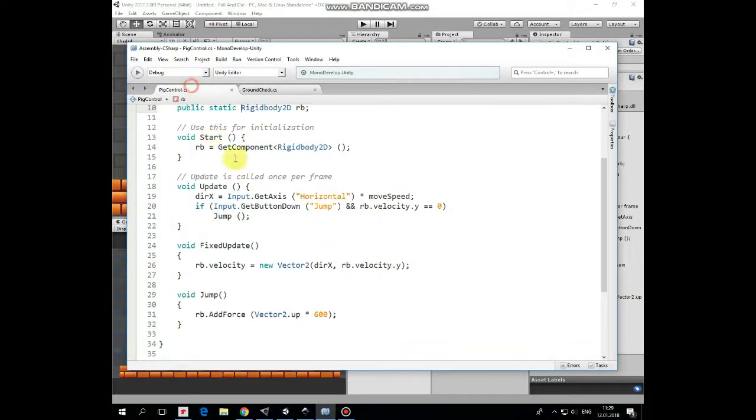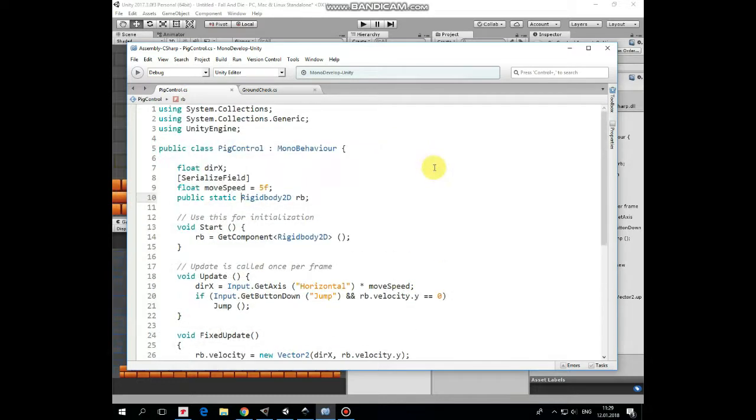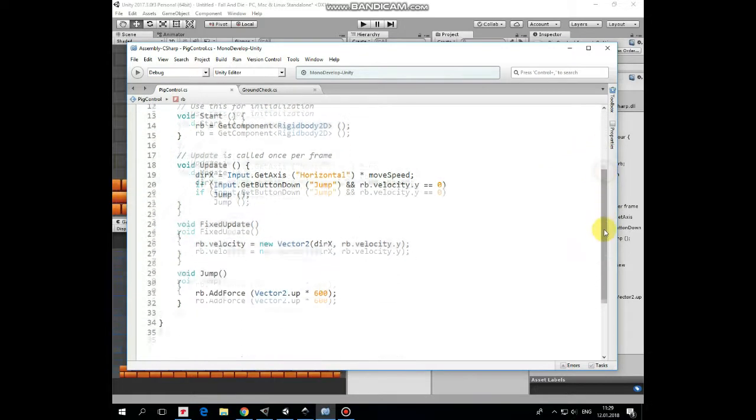Here it is. First, here is the directionX variable that is responsible for move direction. Then the moveSpeed variable goes, that can be set in the inspector. And a public static Rigidbody 2D variable that is accessible from other scripts. In the Start method we get the Rigidbody 2D component. Then in the Update method we read if the left or right button is pressed, set its value to the directionX variable